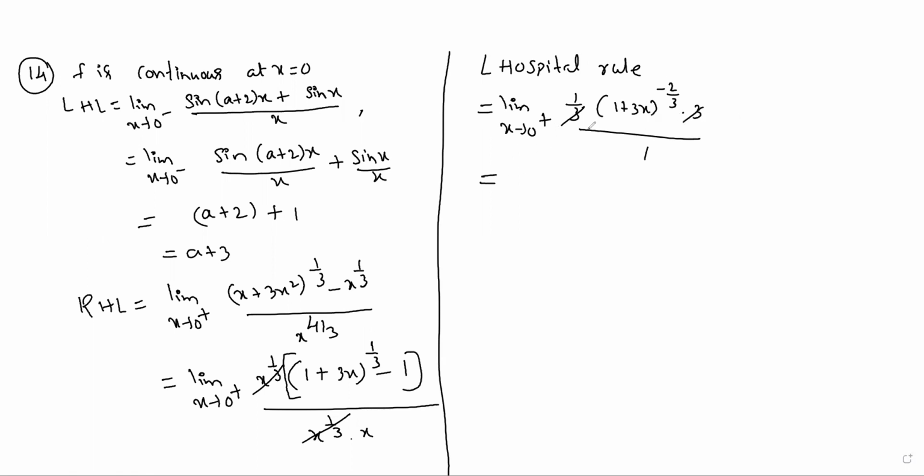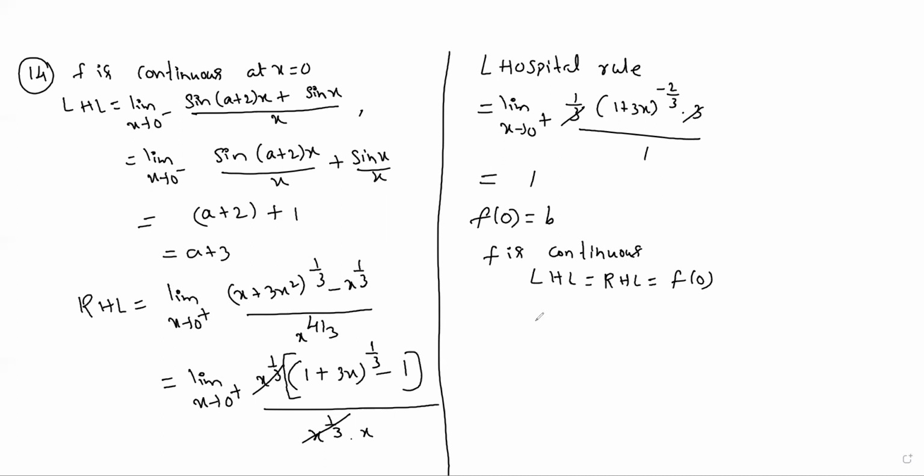If you substitute x value 0 in this, 1 plus 3 into 0 is 0. So 1 plus 0 is 1, and 1 to the power of anything is 1. So here RHL clearly we got 1. F of 0 at x equal to 0, how much value is there? You see in the question, B is there. Now F is clearly continuous. F is continuous, that's why we'll take LHL equal to RHL equal to F of 0.